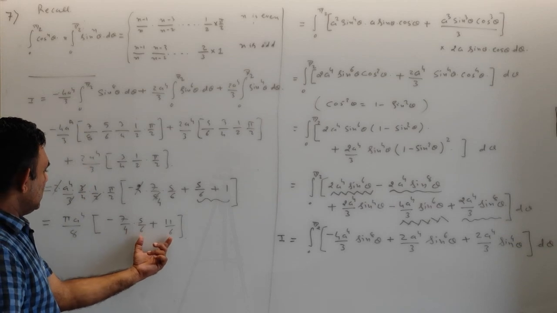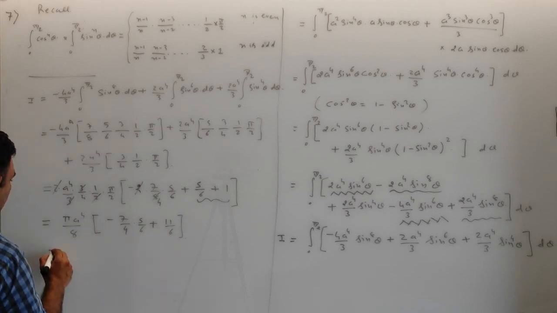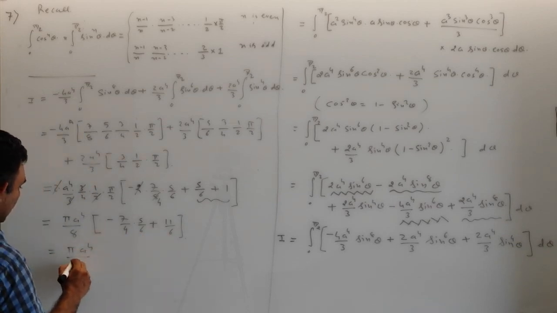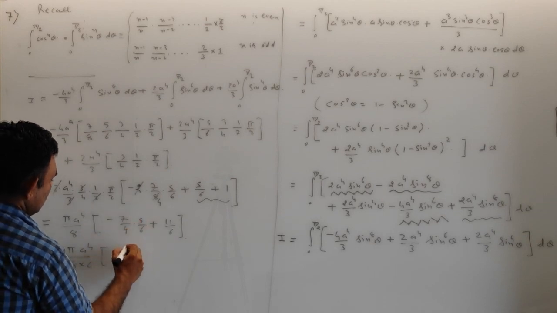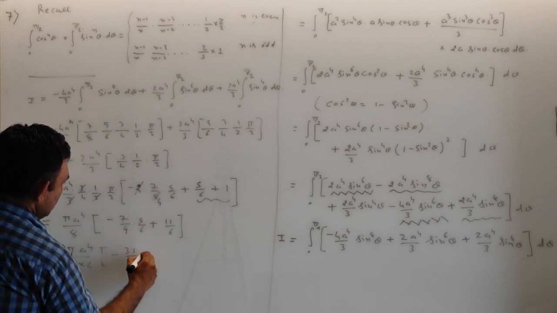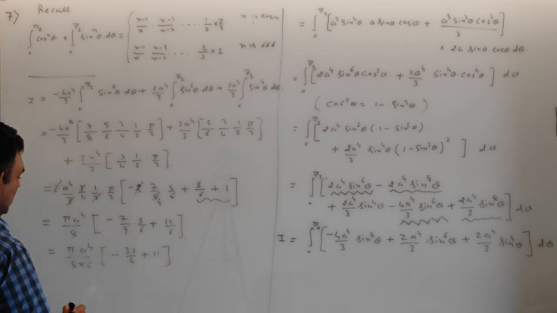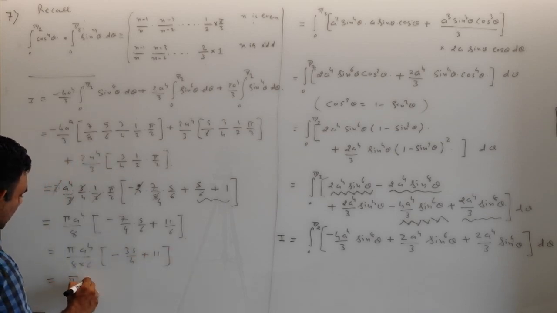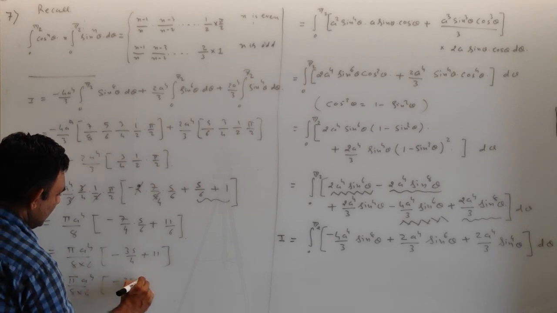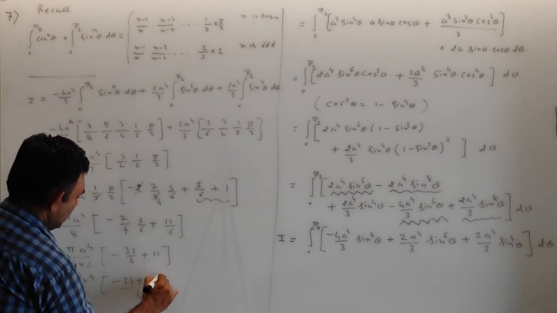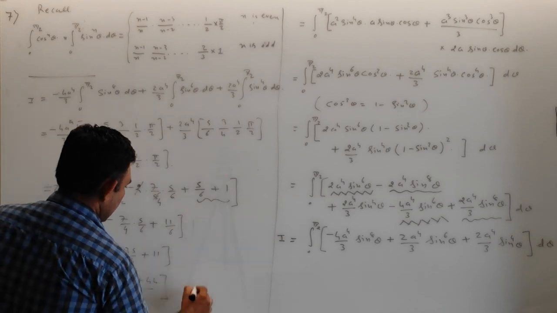So again 6 is common, so pi a raised to 4 by 8 into 6 minus 35 by 4 plus 11, and it is finally pi a raised to 4 by 8 into 6 minus 35 plus 44 by 4,